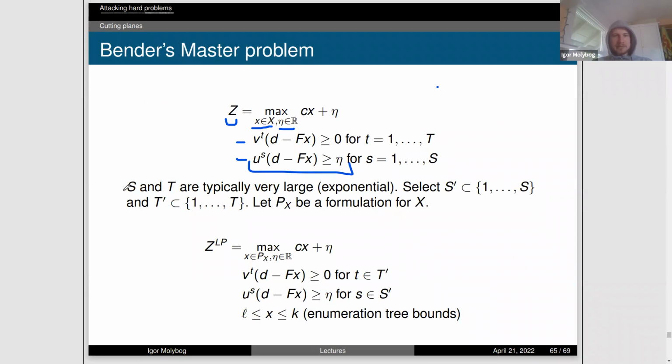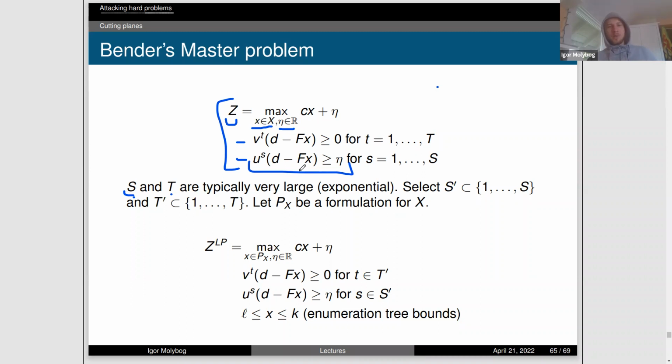So these sets of extreme rays and extreme points, S and T, are typically very, very large. They're exponential in the size of the original problem, and therefore it doesn't really make much sense. Even though it's an extremely nice problem at this point, it's way too big for